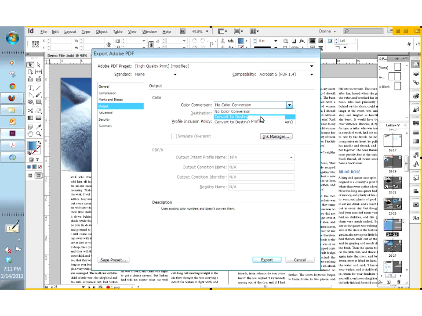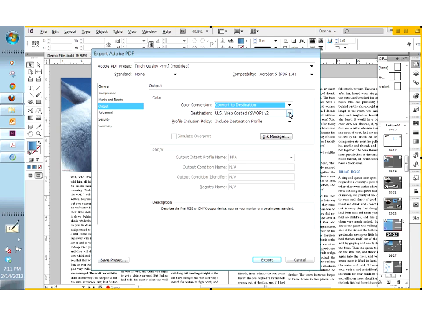And it's defaulting to the US Web Coated SWOP, which is really anytime you want to convert your RGB images to a CMYK, this is going to be the default that InDesign is hoping will solve your expectations or create your expectations. But if anyone has listened to David Blatner's talks on this with lynda.com, he suggests two other